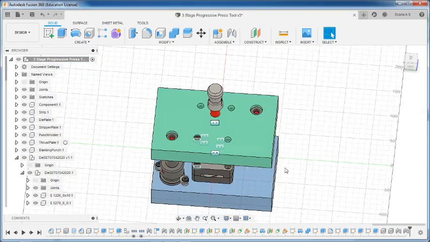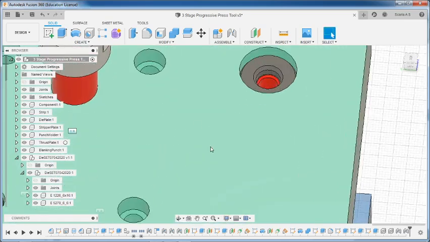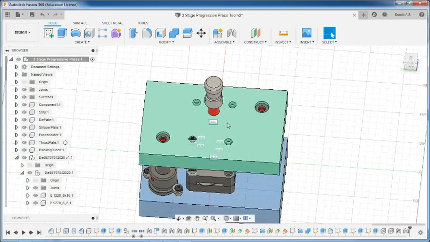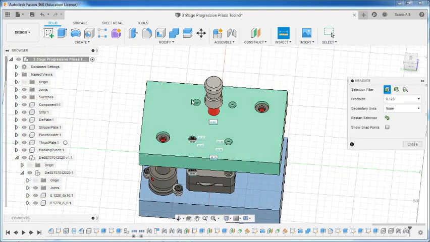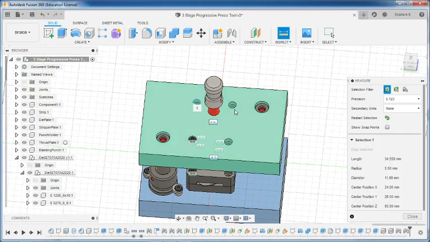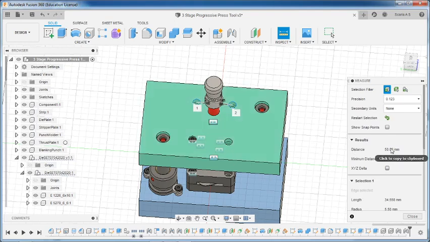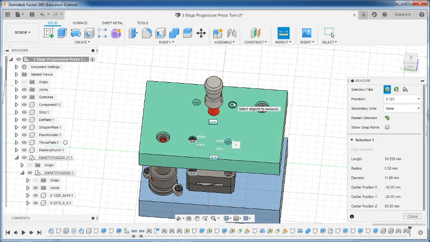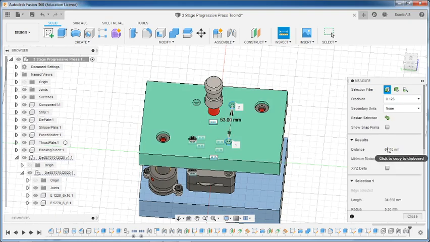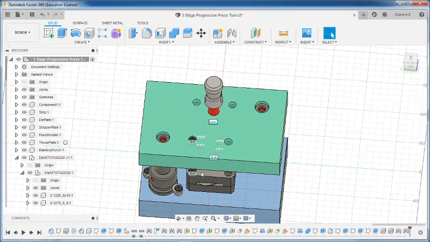Okay, what I have done is I have assembled both the screws at the same location so that if I know the distance between the screw holes, I can pattern it. So let us inspect, measure. Between these two holes, it is 50. It is 64. 50 and 64. So we can go here and create